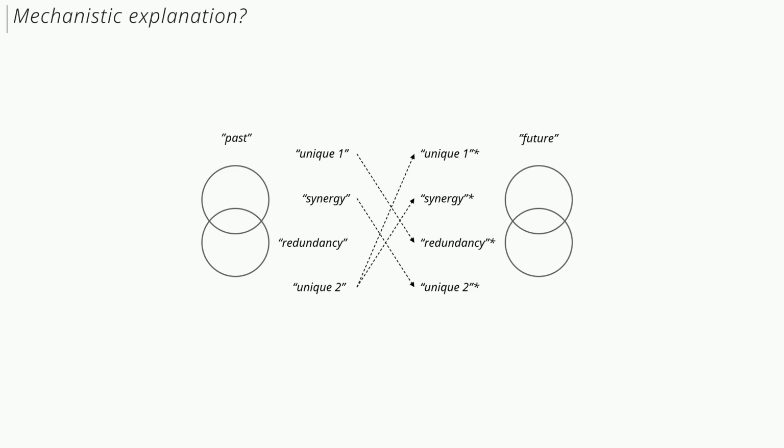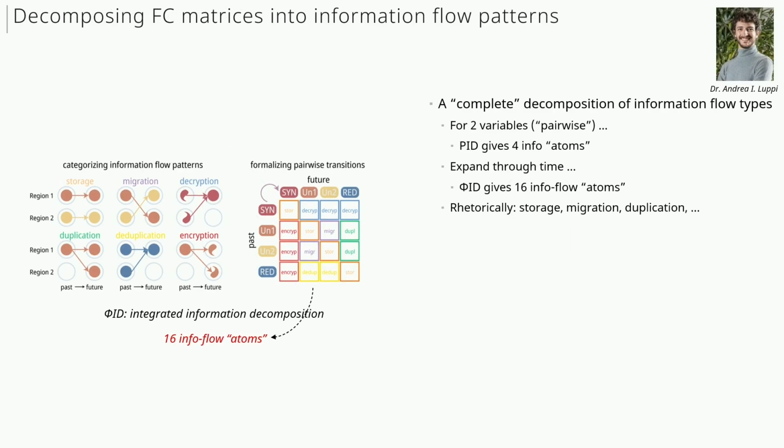Now information transfer happens between past and future. We have in total 16 possible transition patterns. This approach is known as integrated information decomposition, or PHI-ID. The 16 information flow patterns may be intuitively understood as storage, migration, encryption, decryption, and others mapped by this